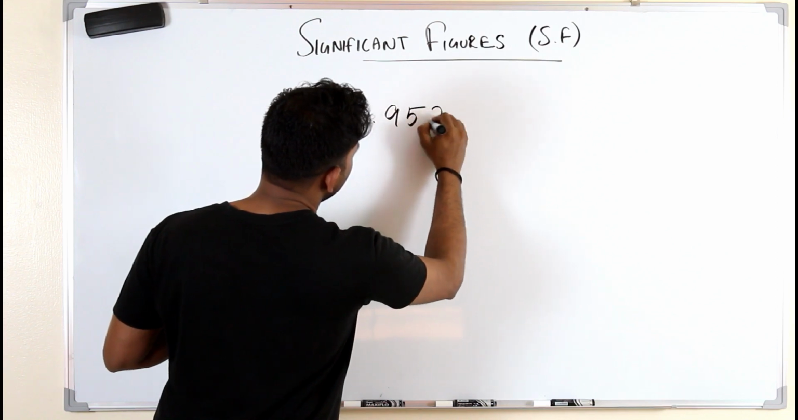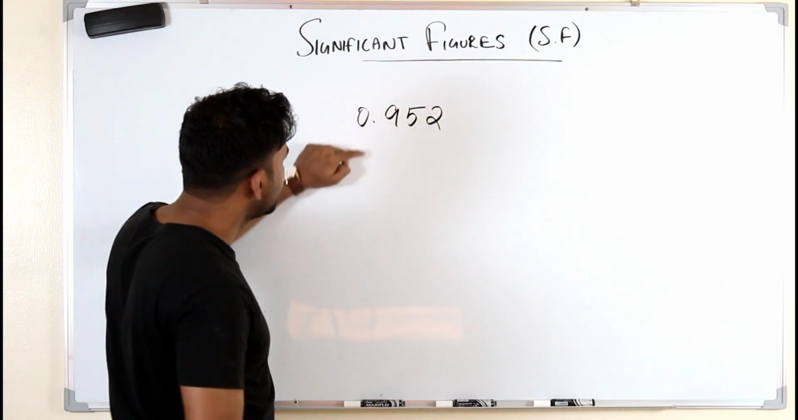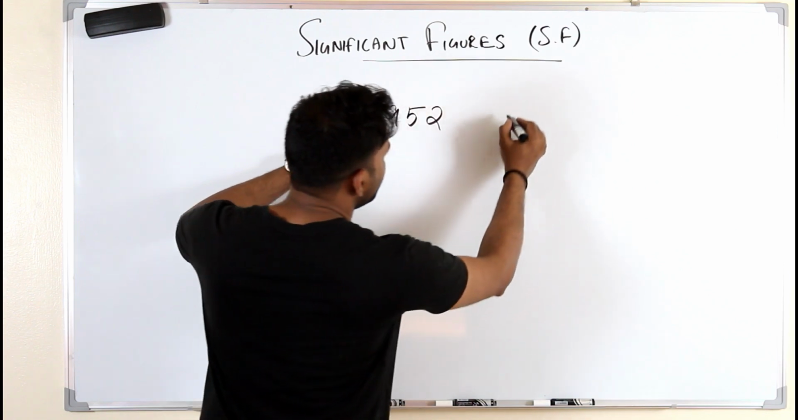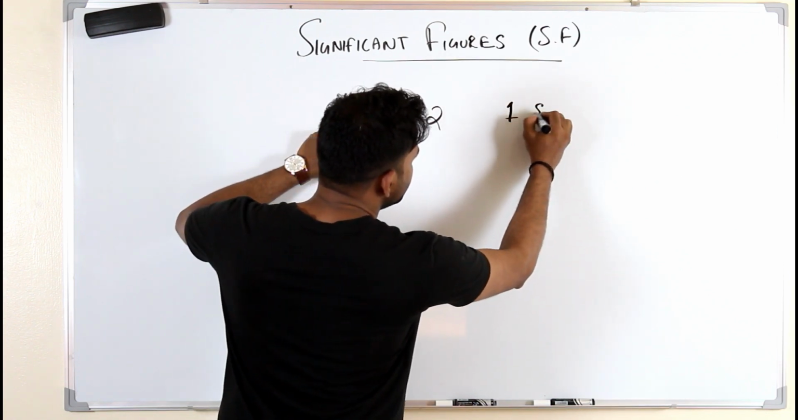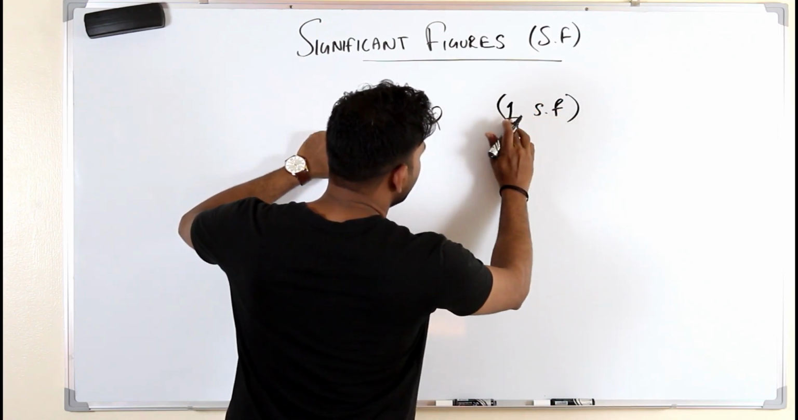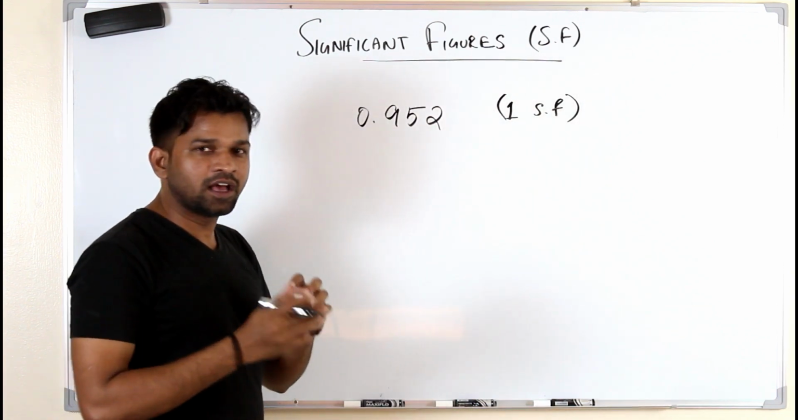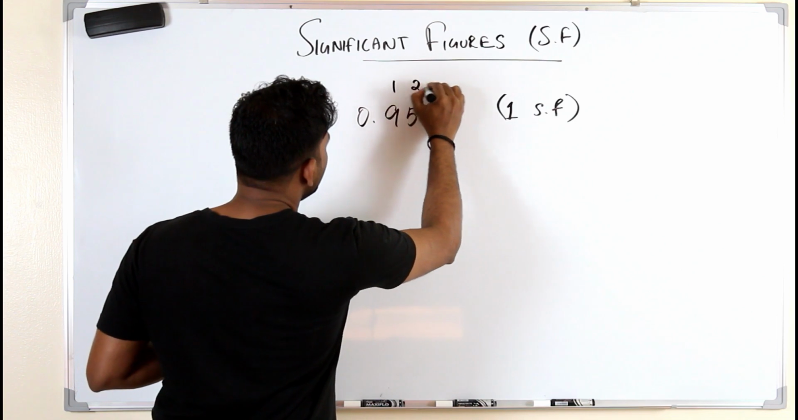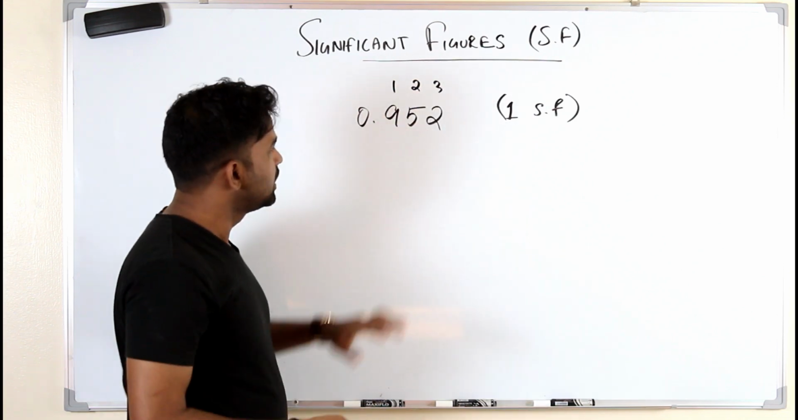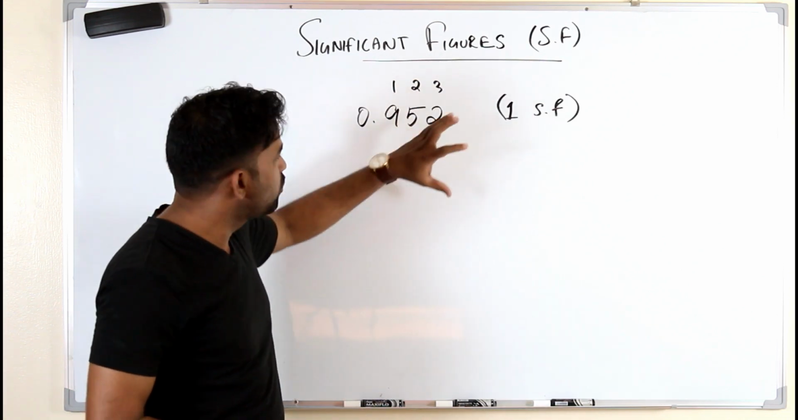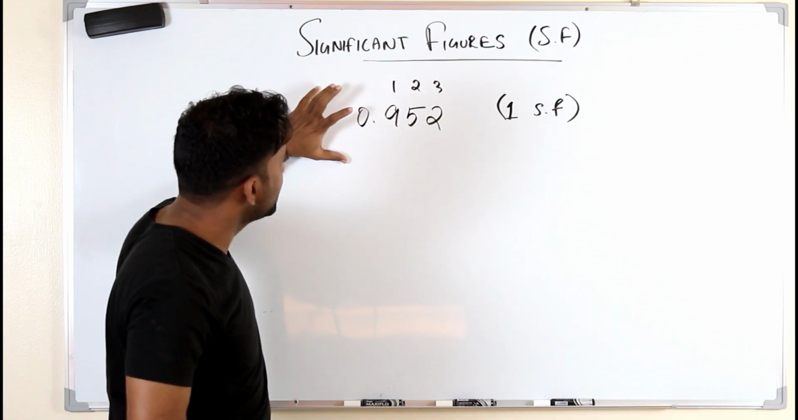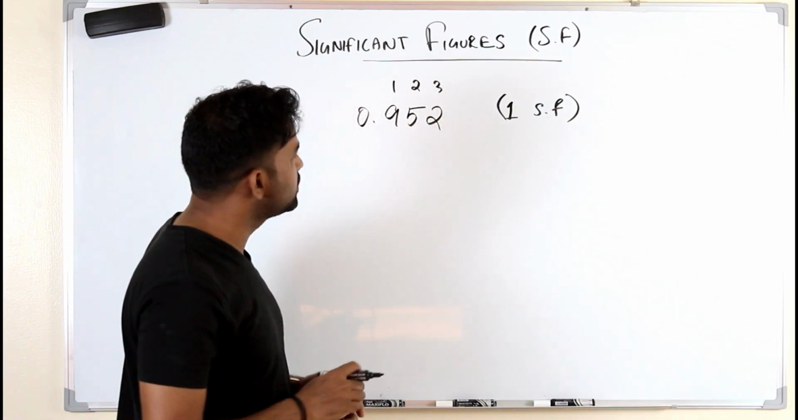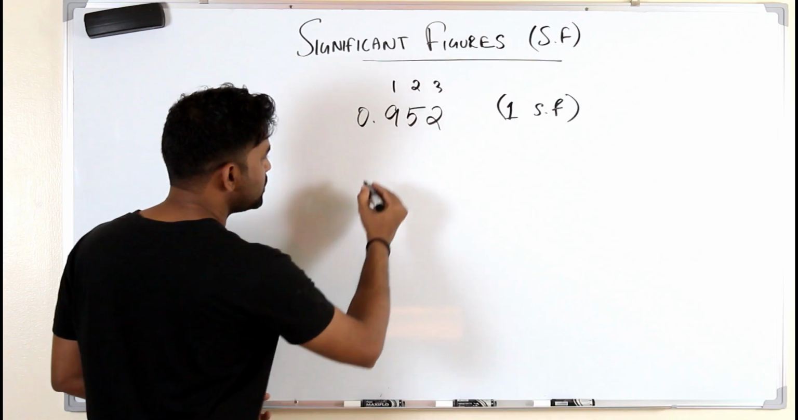0.952. Let's say some number. You need to write this decimal number in 1 significant figure. But this number has 1, 2, 3 significant figures. We are going to write this number in 1 significant figure. Can you figure out how you can write this in 1 significant figure? Okay, you see here